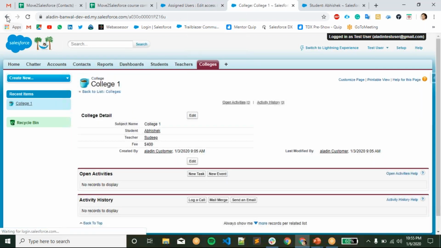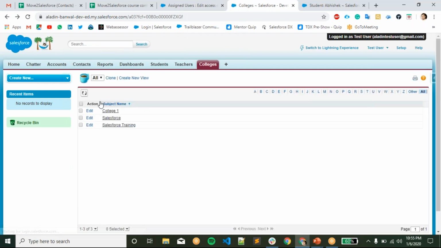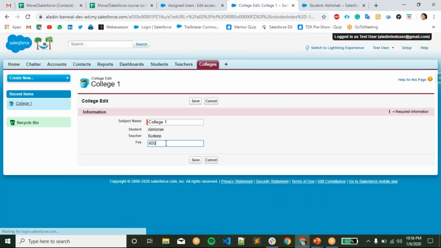But now look, we cannot see any new button here because we have not given create access to this permission set. We have only given edit access, so he can only edit but he can't create. These are lookup fields, so he can't edit this. He can edit from here only. So let's say we have given 4008.